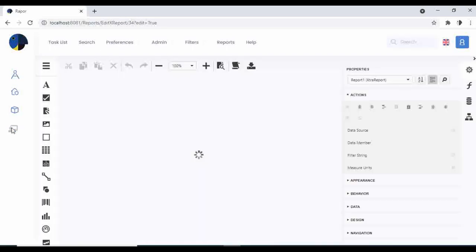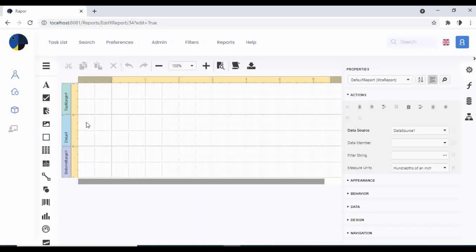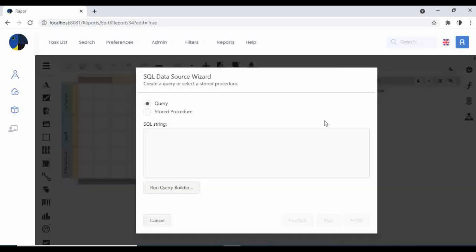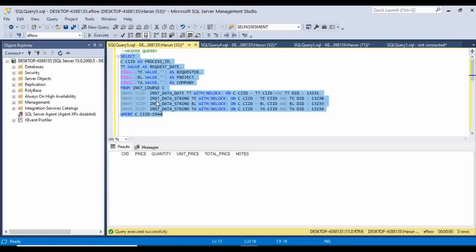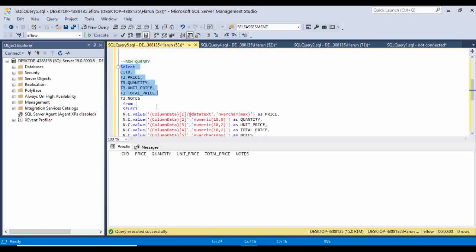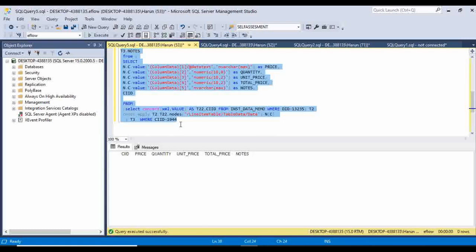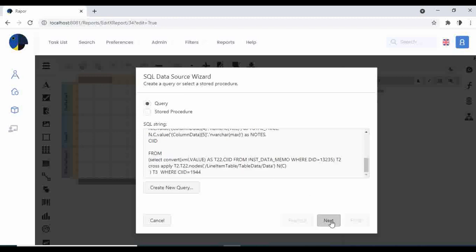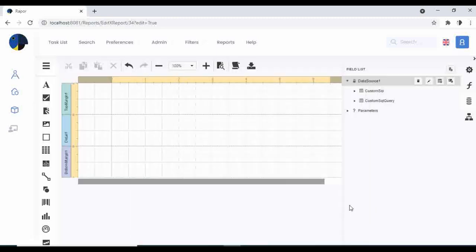I go to the forms, and you see here the data source, and in the data source I have one query, and I need also another query, and I go to my database and I copy the row query too, and I just paste it here. I say next, and I finish it. Now I have two queries,